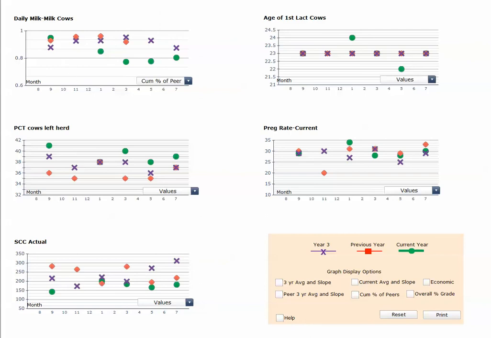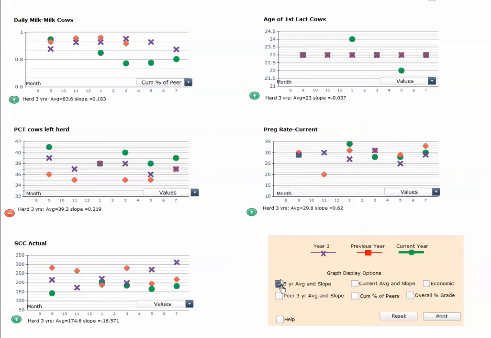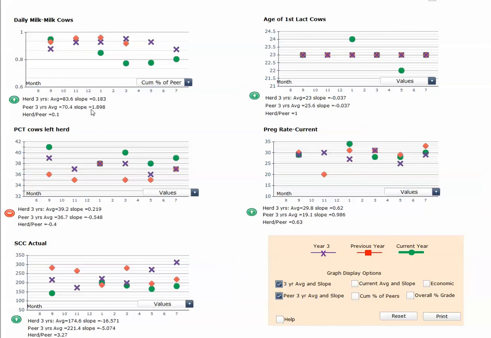So one can do that type of analysis for each of these items. We can also look at what happens when we fit a regression to the 3 years of data. So this particular herd has an average annual change in milk level of 1.83 pounds. We can compare that to the peer herds, which were gaining near 2 pounds per year. And so we see that our particular herd here is not gaining at the rate that the industry is. So they're not keeping up with the changes that the industry is realizing, and so this would be an area